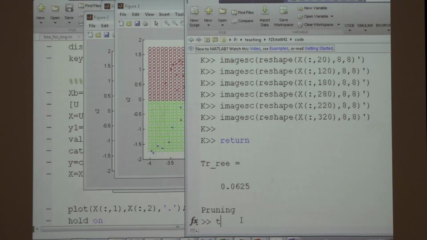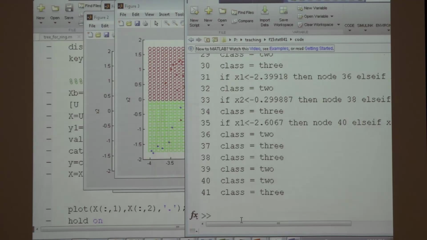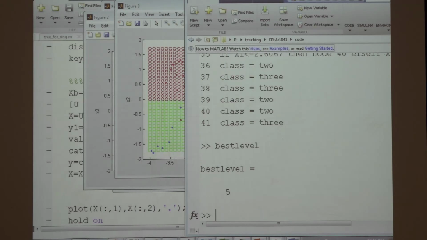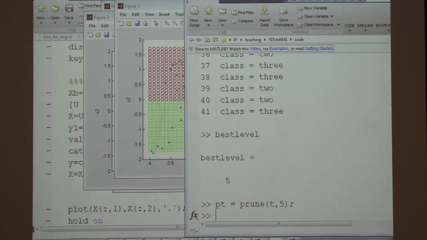When I learned this tree in MATLAB, I call it T, then I can prune T with different values, according to this graph that shows the training set and test set. I have a variable here which is called best level, and it turned out that the best level is 5. So I prune it this way, and then